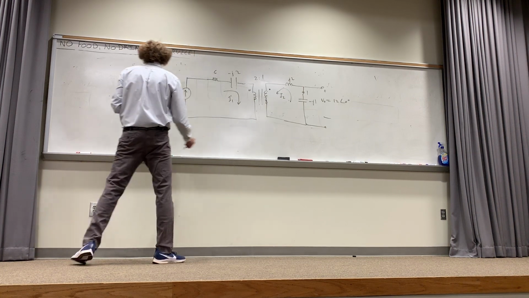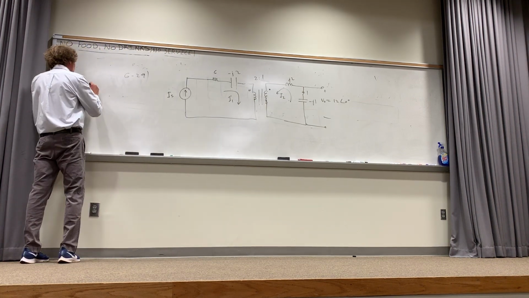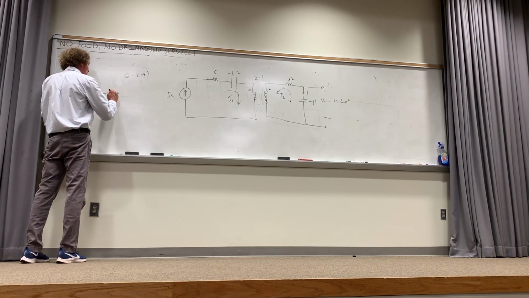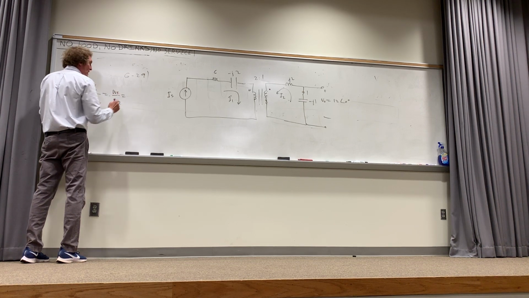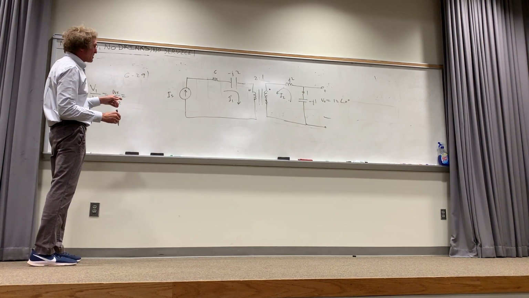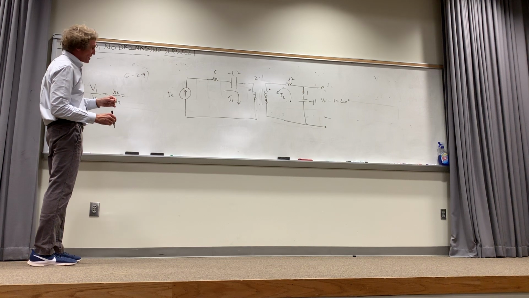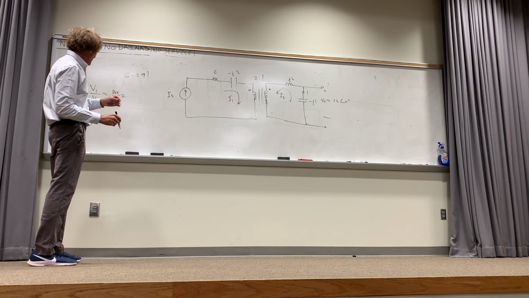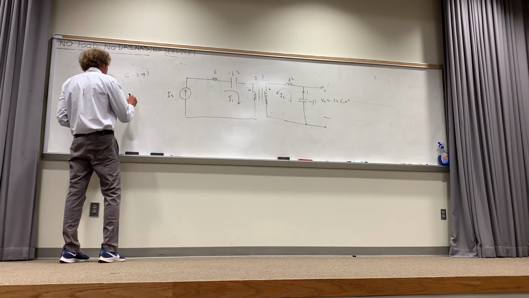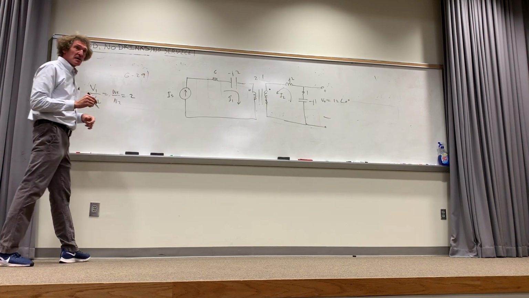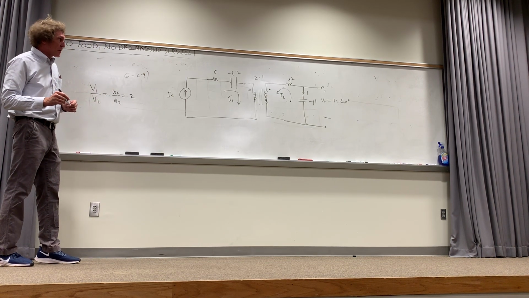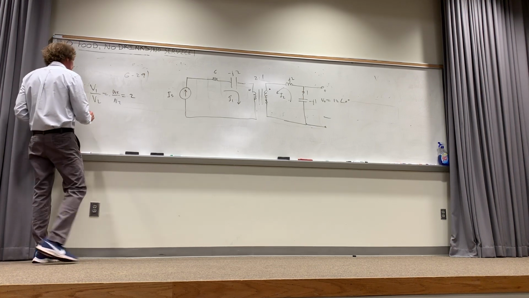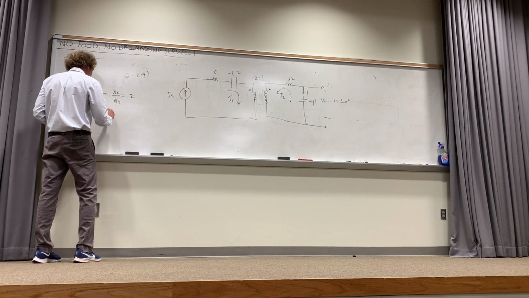As a matter of fact, let me just do this. I know that V1 over V2 is equal to N1 over N2. And N, the primary over the secondary right there, is going to be 2. Follow me on this? So that would be 2 to 1, right? Now, with that in mind, V1 is equal to 2 V2.